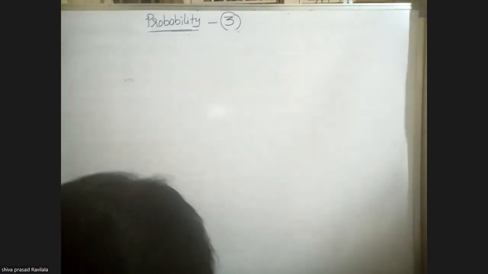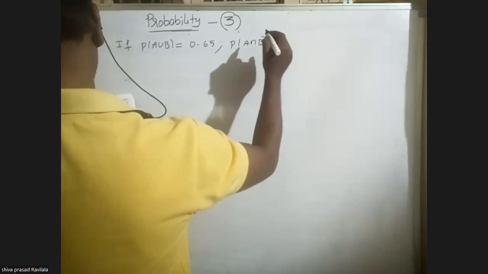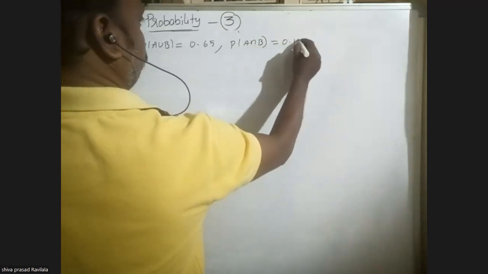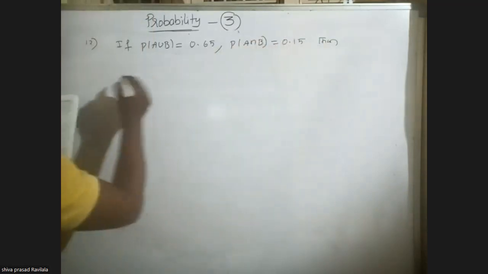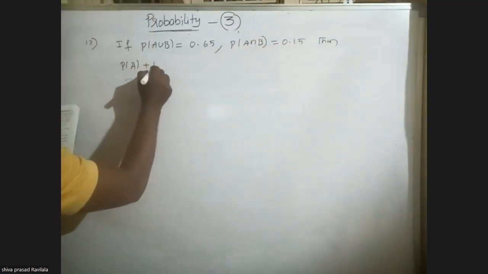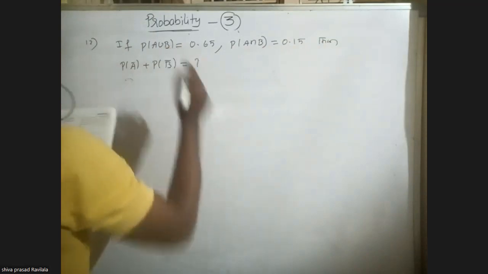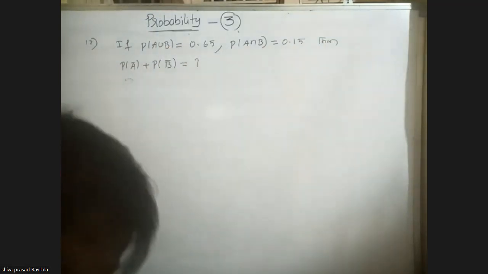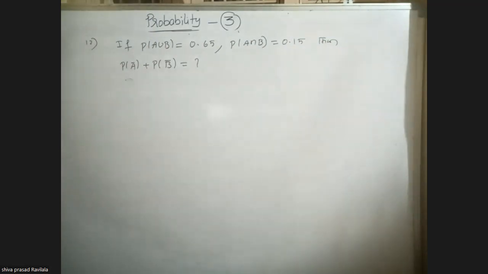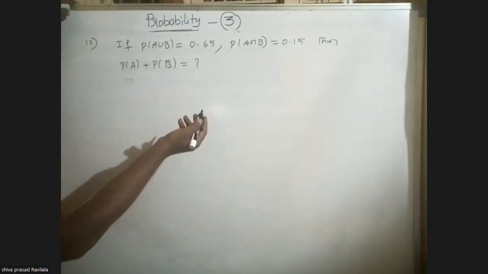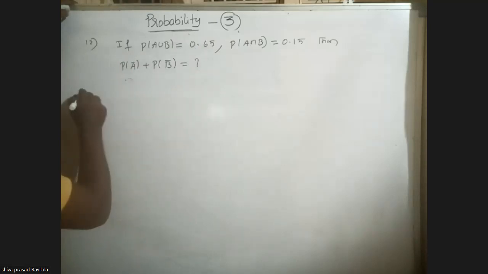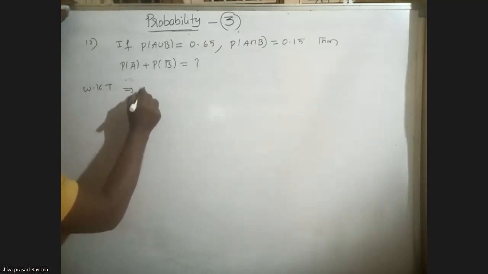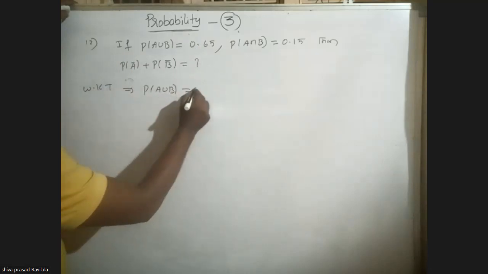Let's calculate. Probability of A intersection B is equal to 0.15. Then probability of A complement plus probability of B complement. Direct addition theorem: probability of A union B is equal to 0.65 and probability of A intersection B is equal to 0.15. A complement is 1 minus probability of A, B complement is 1 minus probability of B. We know the addition theorem: probability of A union B is equal to probability of